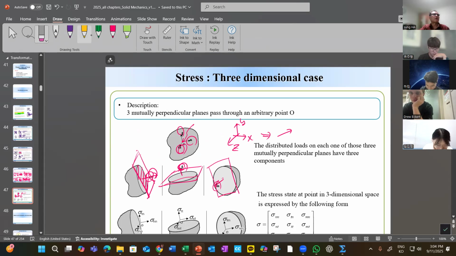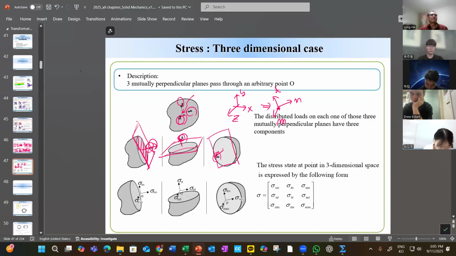Say you can rotate. This is the n vector and the t vector, and this is the m vector. So you can freely rotate. Imagine you have 3 fingers. You can freely rotate. Okay, and now obviously each plane will have